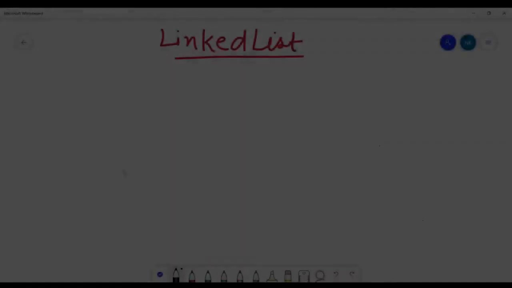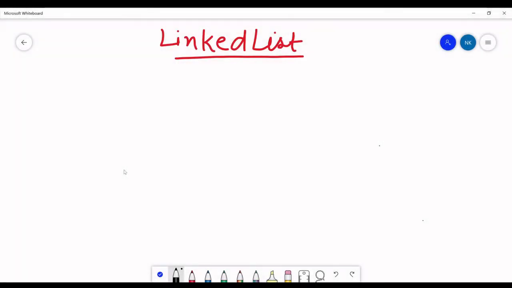In this lecture we are going to learn about linked lists. We have to understand the linked list and why we are going to use it. As we know, an array contains a continuous memory location.